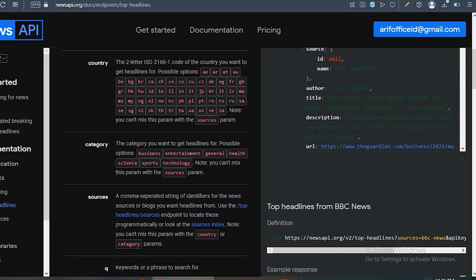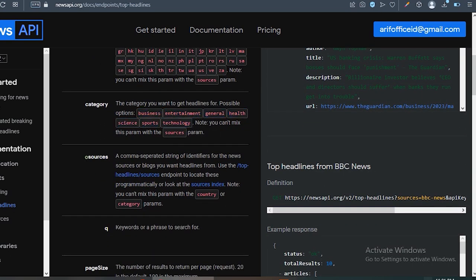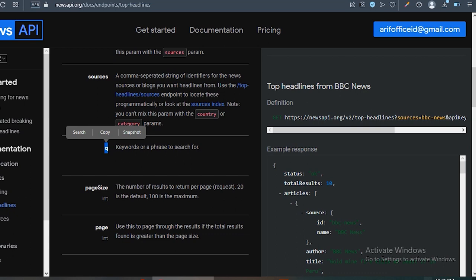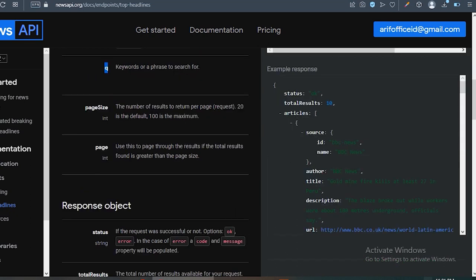Another parameter is category, and here we can provide a particular category, so we can get the data for that particular category. There is also a source parameter, so we can get the data from a particular news agency. And there is a parameter q for querying any particular news, and these two are for page size and